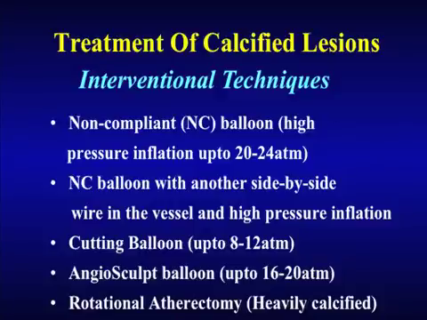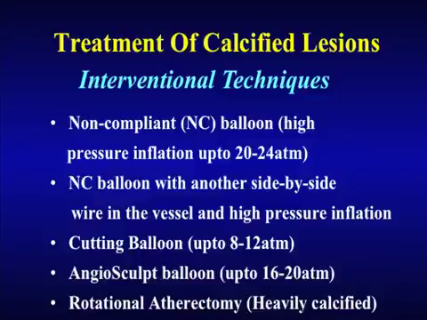And those are either a non-compliant balloon, using a high pressure, or putting a non-compliant balloon with another wire in the side. So basically you are doing a modified cutting balloon and going to high pressure so that you yield this calcific lesion. Of course, we have the cutting balloon. The problem with the cutting balloon is you cannot go to high pressure. Then we have AngioSculpt, which you can go to high pressure,